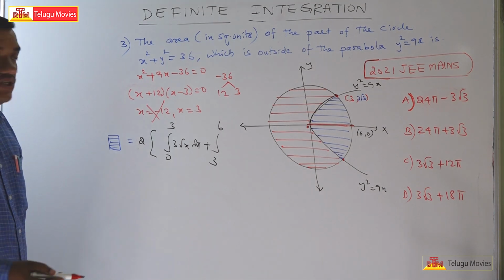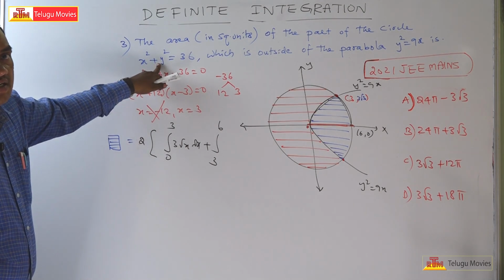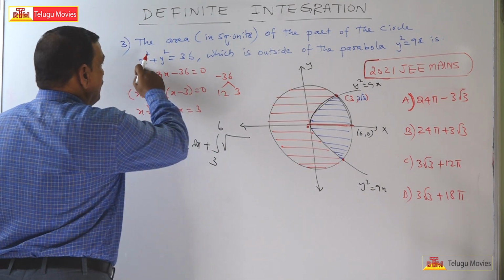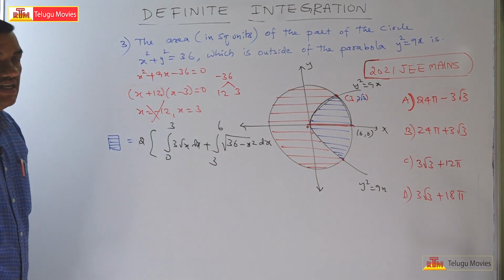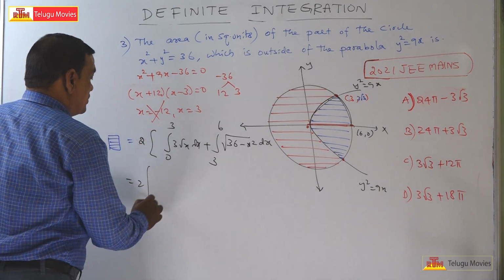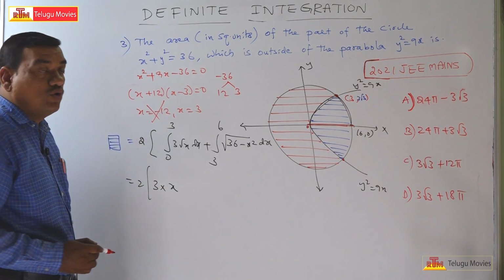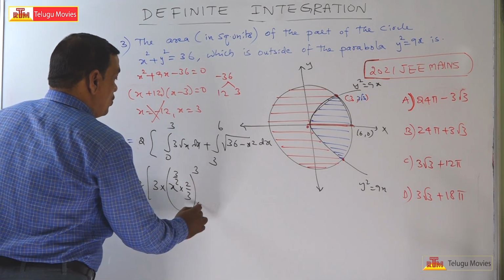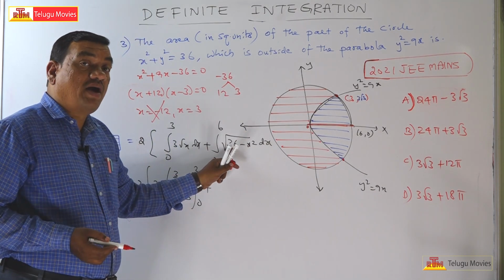Integral 3 to 6. What is this curve? The circle. We have written y as the subject, that is equal to root of 36 minus x square, dx. Understand this? Now, let us find this area very fast. This is equal to 3 into root x, that is x to the power of 1 by 2 plus 1, that is 3 by 2, into 2 by 3, with upper limit, lower limit. Then the integral of root of a square minus x square